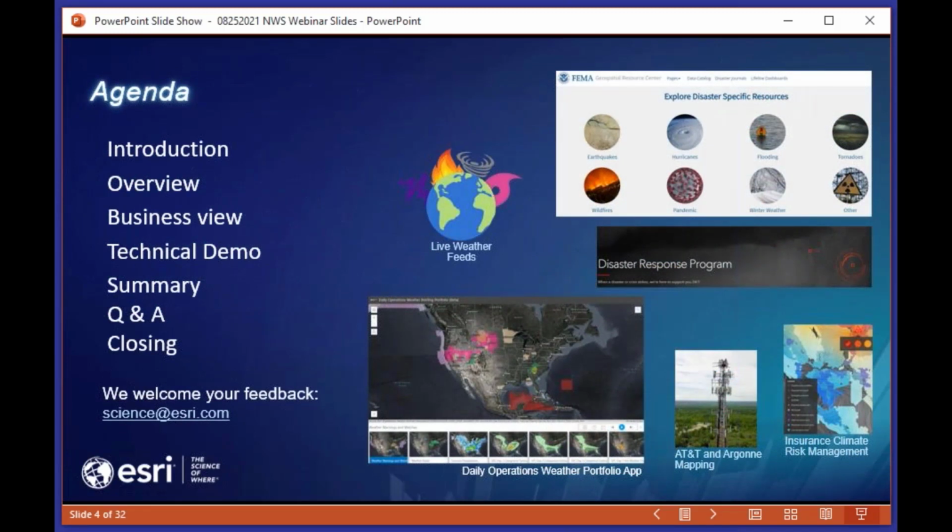Weather watches and warnings issued by national and regional authorities provide the primary means of communicating risk of severe weather to the public. Operationally, this communication cuts across agencies and requires extensive collaboration and coordination, which are made easier with cloud-based GIS technologies like ArcGIS Online. You will get to see this later on today.